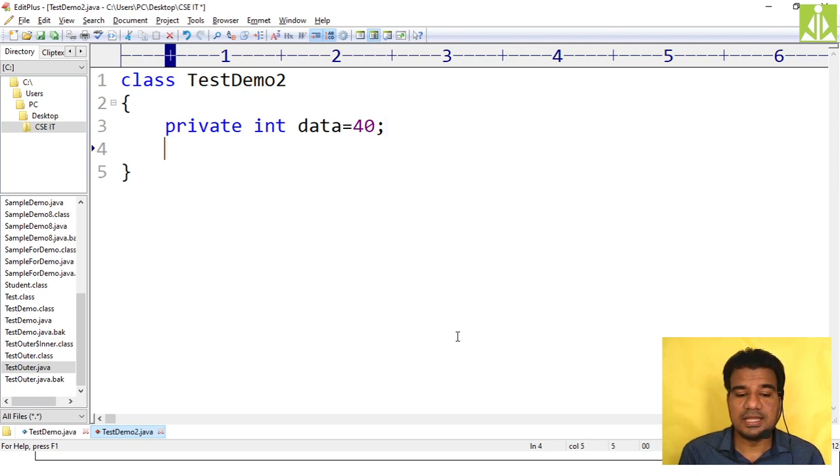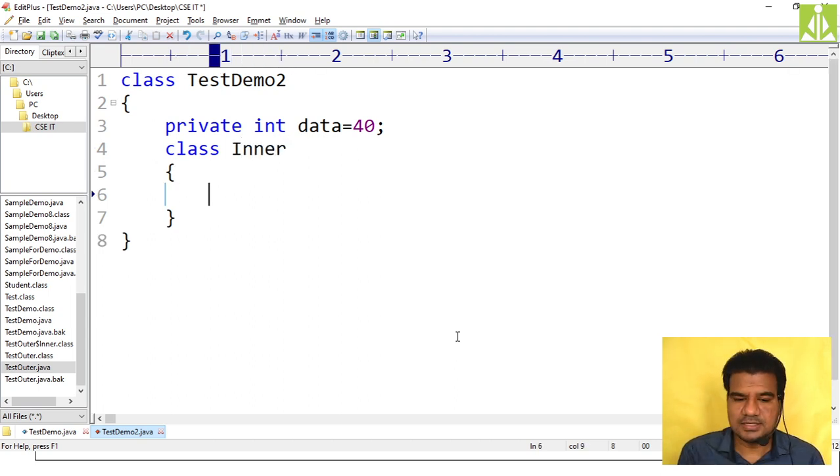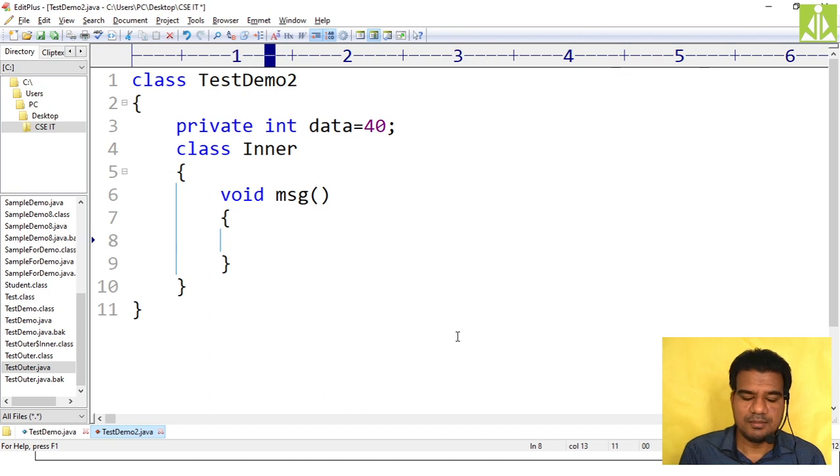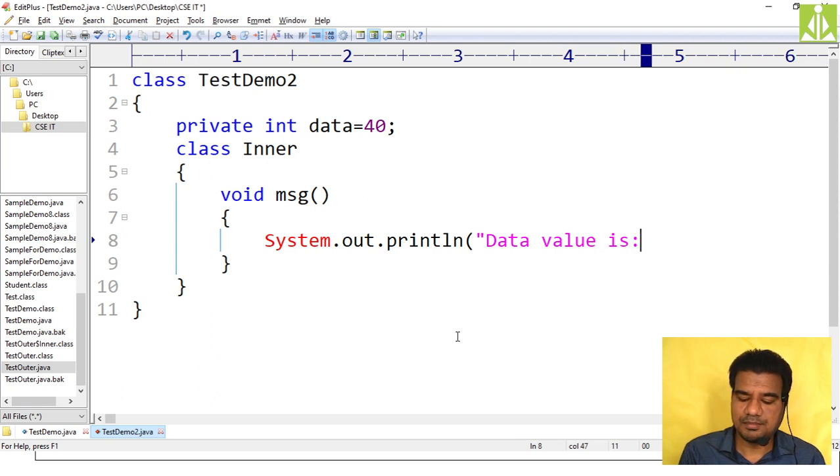Then declare my class Inner, and in this inner class put a method, void msg method, message. In it we print the private data member value, System.out.println of data value is, print that data, close.